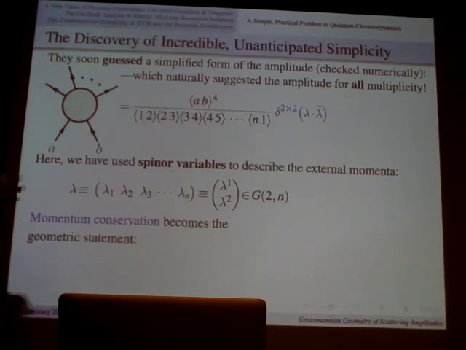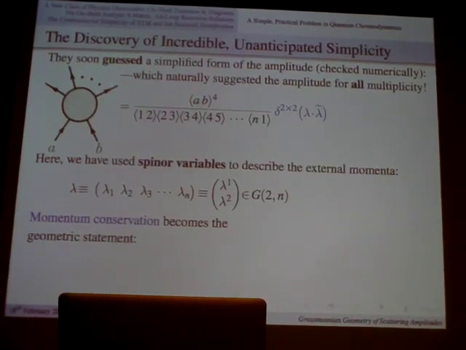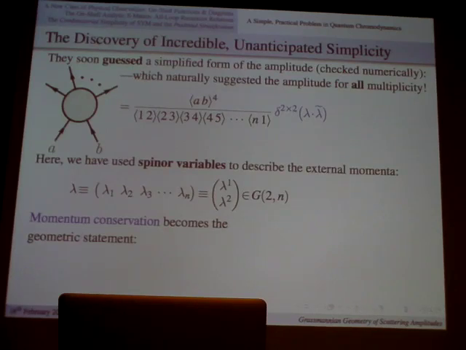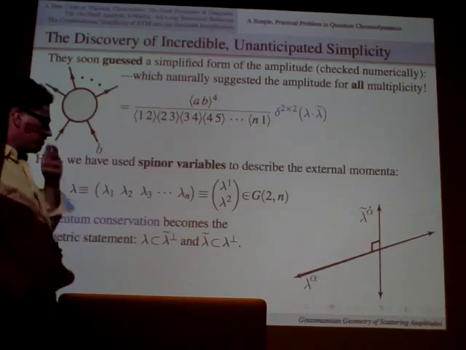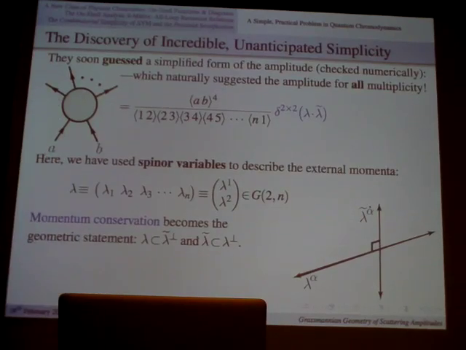If you have some k vectors in n dimensions, you can talk about the space that's not spanned by those k vectors, which is an n minus k plane. So there's a natural dual between a k plane in n dimensions and an n minus k plane in n dimensions. And momentum conservation is a geometric statement that lambda is in the orthogonal complement of lambda tilde and vice versa. That doesn't mean much, but it will have an important consequence when n equals 3, which you can think about now if you'd like, but I'll come back to it. Okay, so the question now,